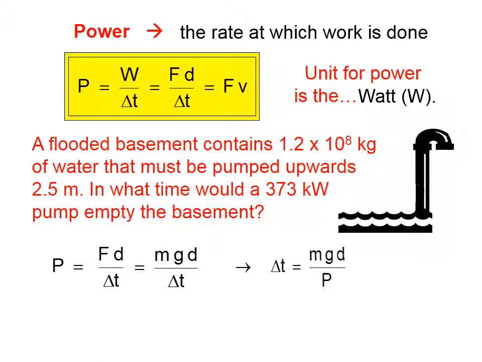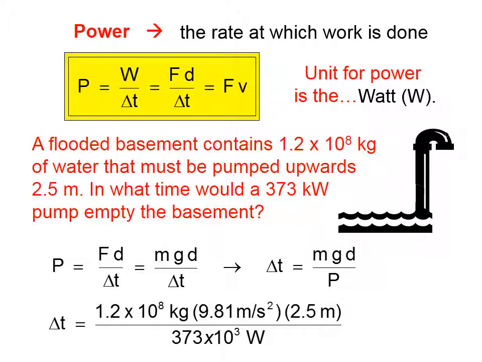So I'm going to now solve this expression for time, and I'm going to put the variables in that we know. There's the mass of the water, there's g, there's the distance we have to lift it, and notice in the denominator I've taken the prefix kilo out and put the power of 10 in, because we don't want to put kilowatts into our equation, we want watts. So I've taken the kilo out and put times 10 to the third in. Type that into your calculator and you get